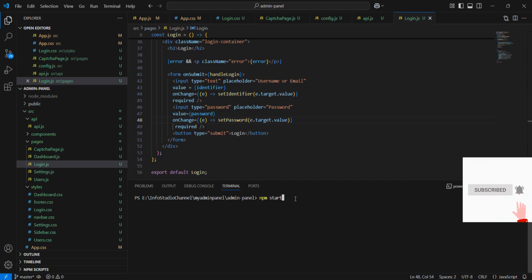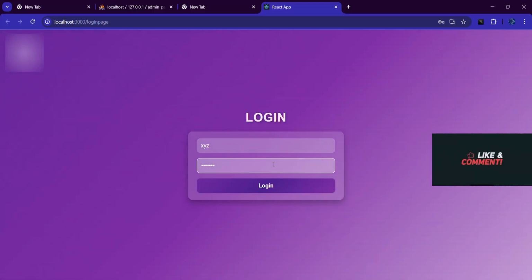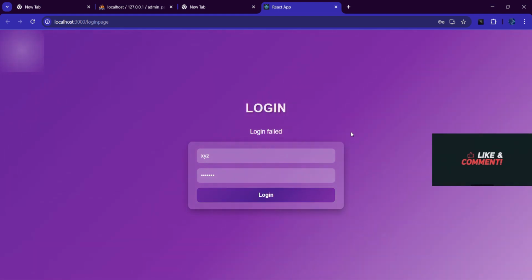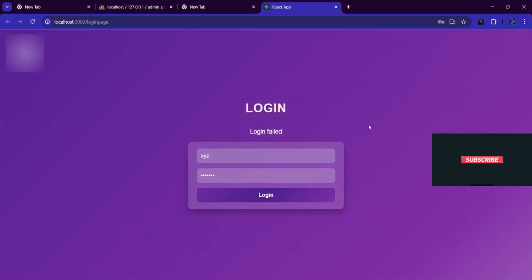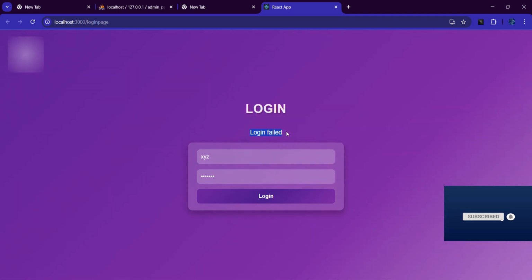Let's check how these changes work. Now I am entering any username and password to check the response we get. Oh no, we got an error, login failed.